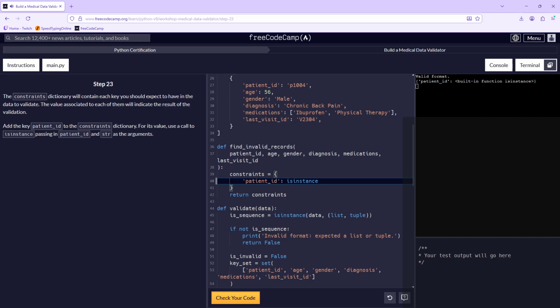Oh yeah, so a value can be a boolean. And I guess isinstance returns a boolean. Interesting, okay.